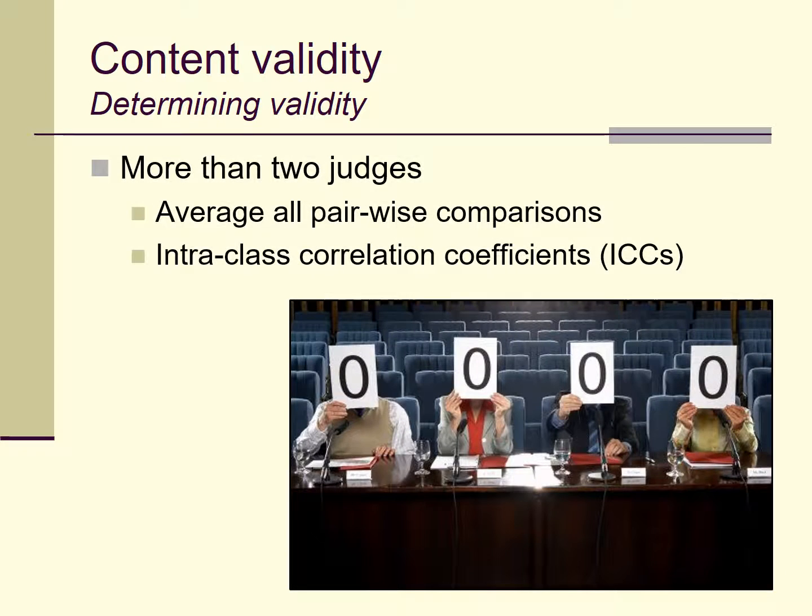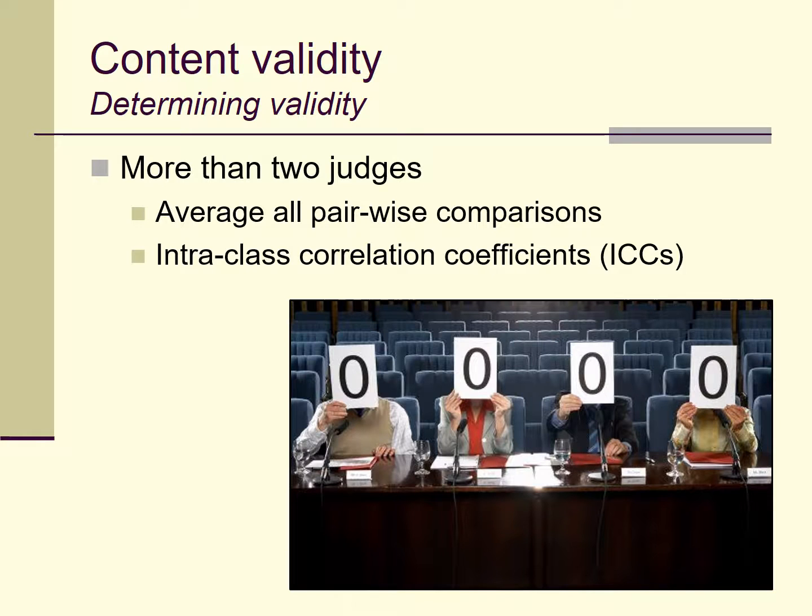Now, if we have more than 2 judges, things get a little bit more complicated. We could, for instance, take an average of all pairwise comparisons across all the possible combinations of judges, or, as I rather briefly and probably in a rather incomplete way in my last lecture explained, there is a whole group of statistical calculations called intraclass correlation coefficients,